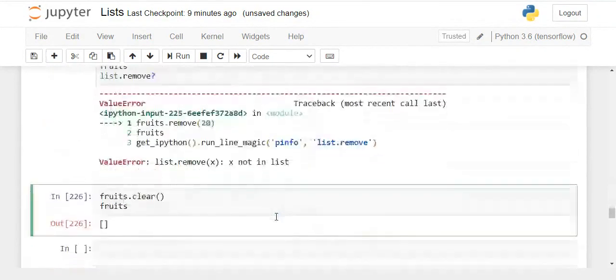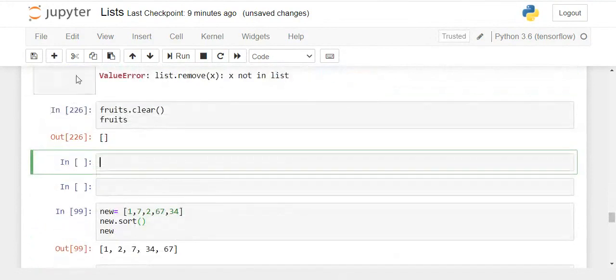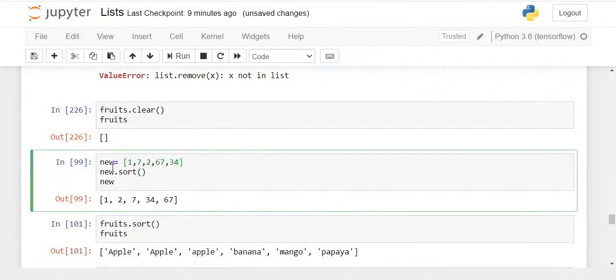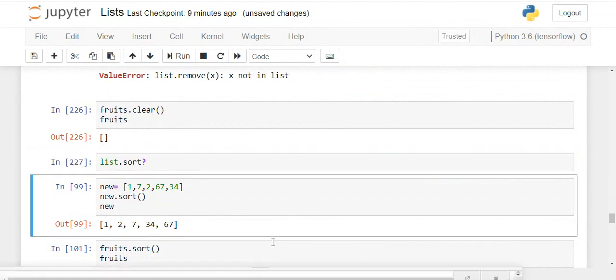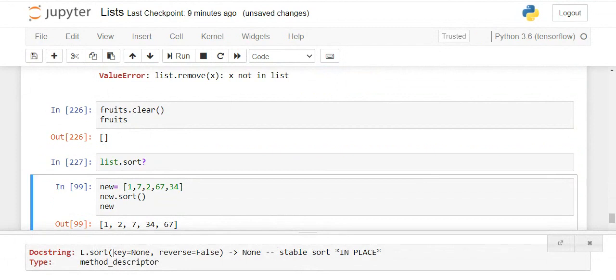Sort is another function which I have not discussed. So let's take this example which is given over here. We have a list of items and I want to sort the list. By default, I'll show you the syntax. The sort method is expecting 2 arguments. First is the key value, second is the reverse.